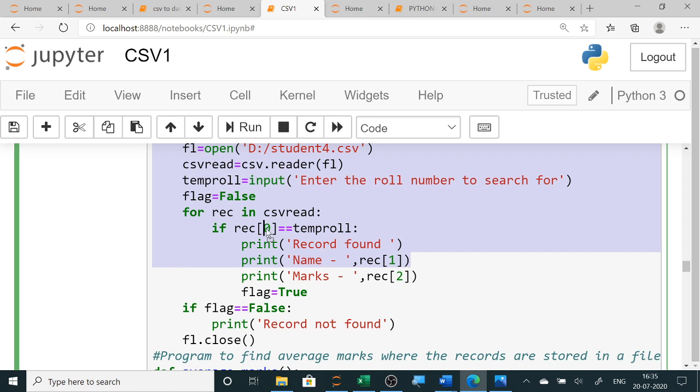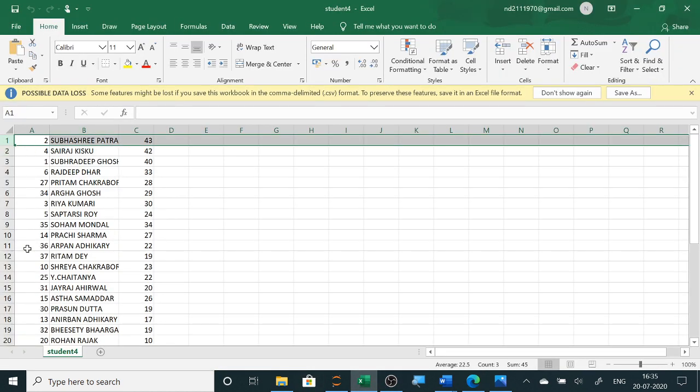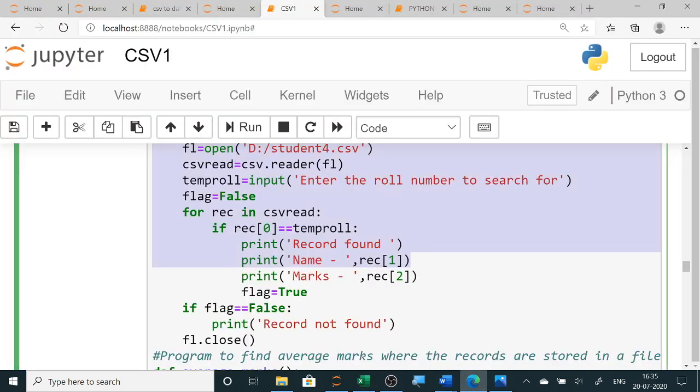You only have to be careful that 0 is for the first column, that is the roll number, and 1 is the next. So when you are storing in a list, list[0] is your roll number, list[1] is your name, and list[2] is your marks.